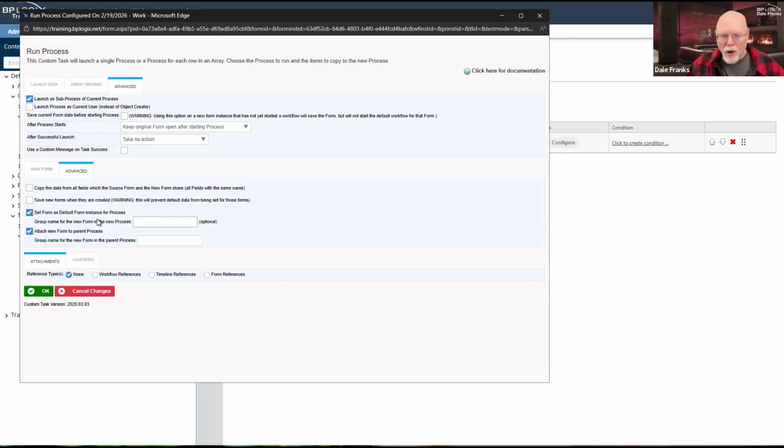Now, because I'm launching it from the run process custom task, I would consider it an asynchronous sub-process, which is to say it runs independently of how the main timeline runs.